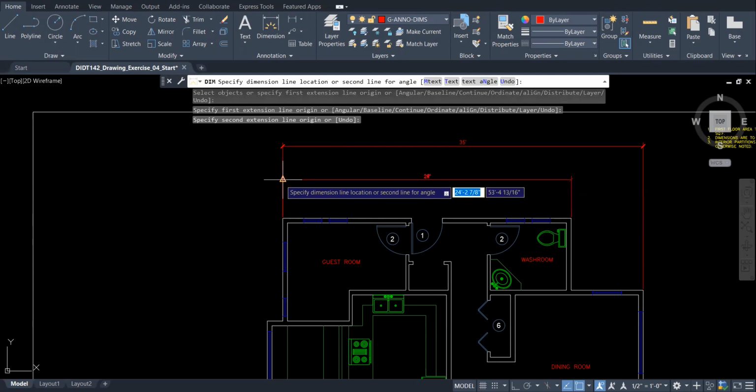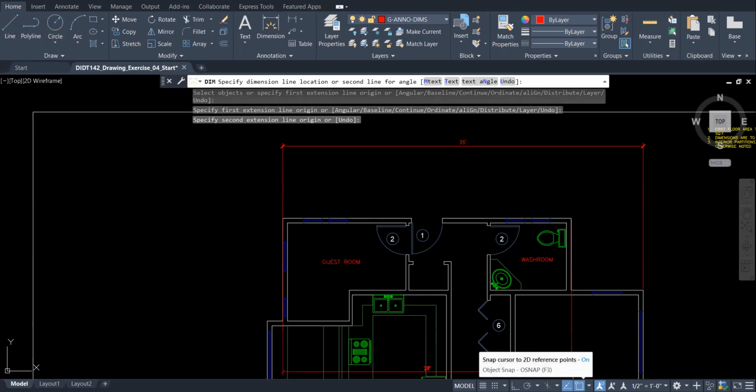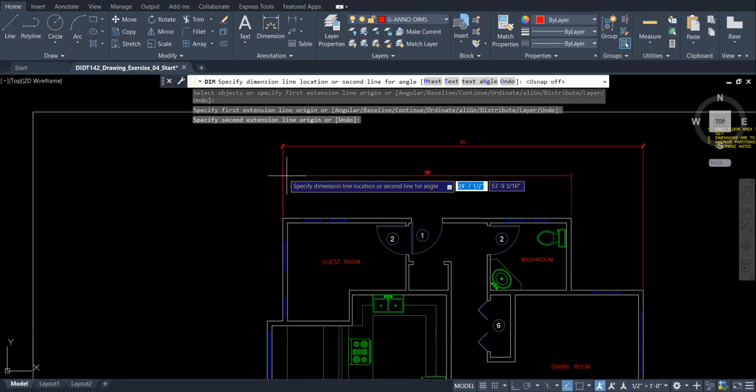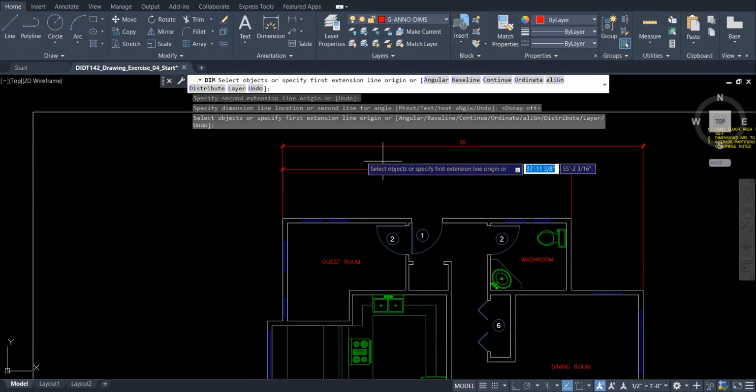Now I try to find the midpoint here, because it makes sense that I actually specify the midpoint so I can have enough spacing between them. Or you can go up if you want to. If you want to go upward, you really need to turn off the object snap, because it's going to hold you back. So if you want to go upward a little bit, that's fine. And then you're going to click and place that. So the overall, and then we're going to go to